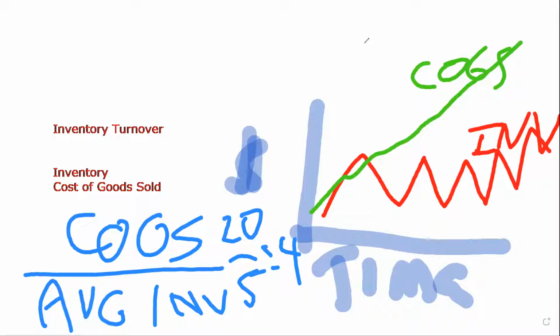This is one of those ratios where I like my inventory turnover to be faster. I don't want to sit on things for 2 years, a year, 8 months. If I can turn it over every 3 months, every 2 months, that's actually better. I'm actually selling more and having a consistent movement of my inventory out the door.